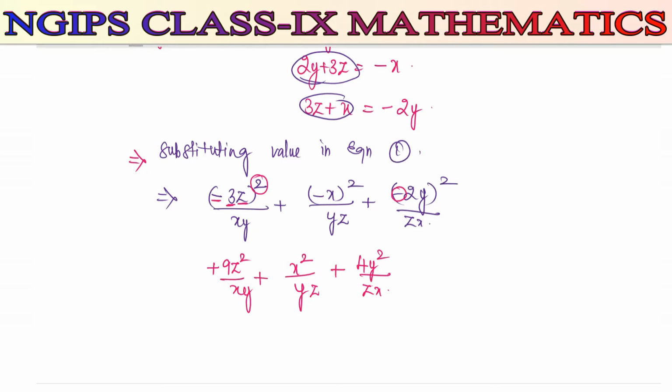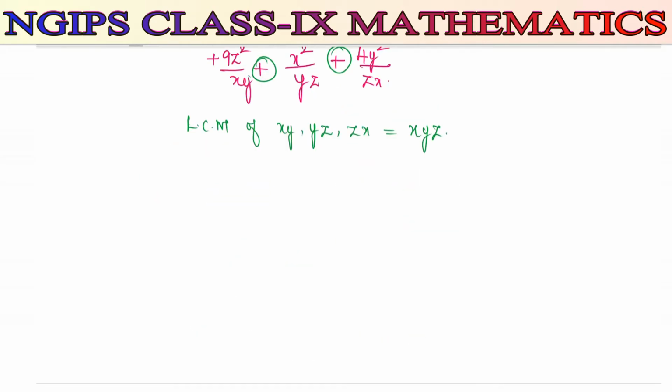In between the terms we have plus, so we need to take the LCM of xy, yz, zx, which is x into y into z. To get that, here I am going to multiply both numerator and denominator by z, and here we have yz, so I need to multiply by x, and here also by x. Here we have zx, so I need to multiply by y, and here also by y. Further, if you simplify, you will get 9z cube